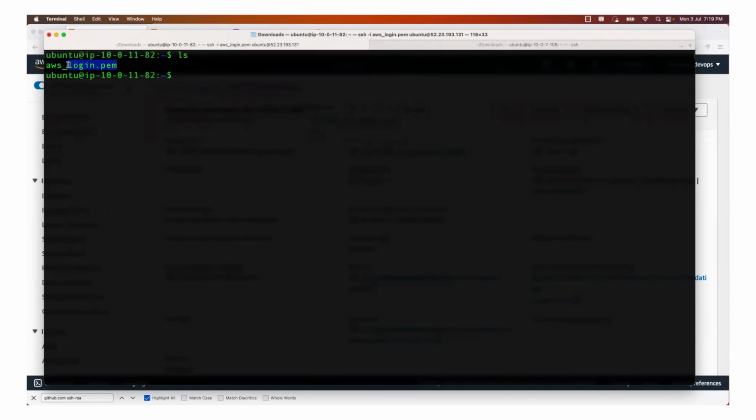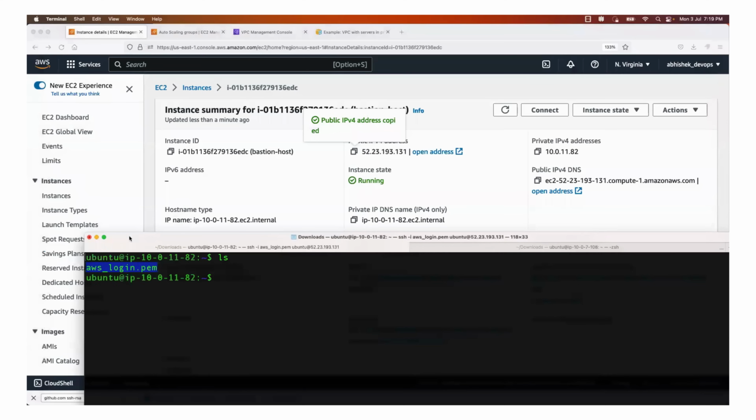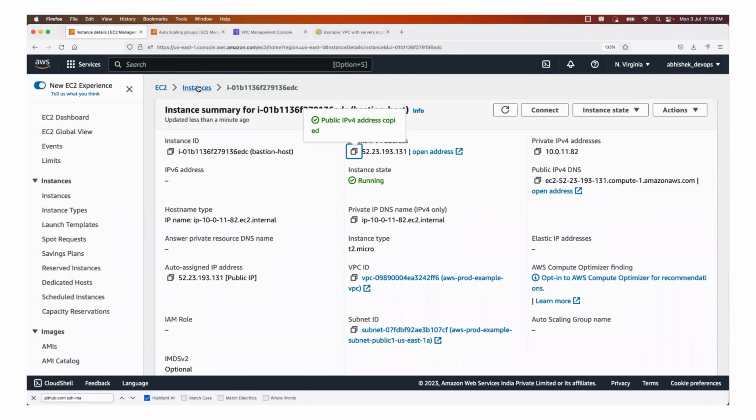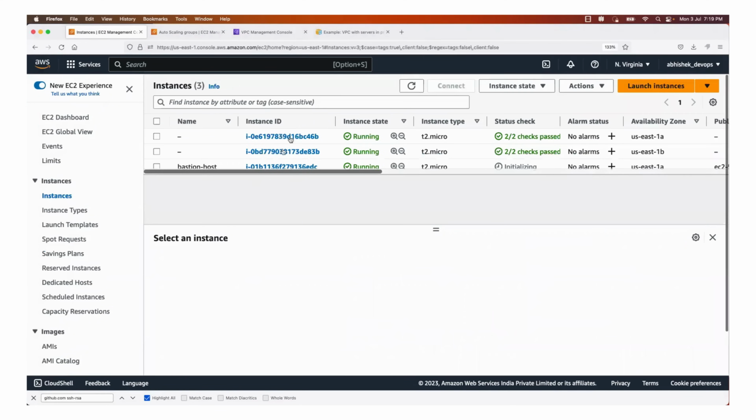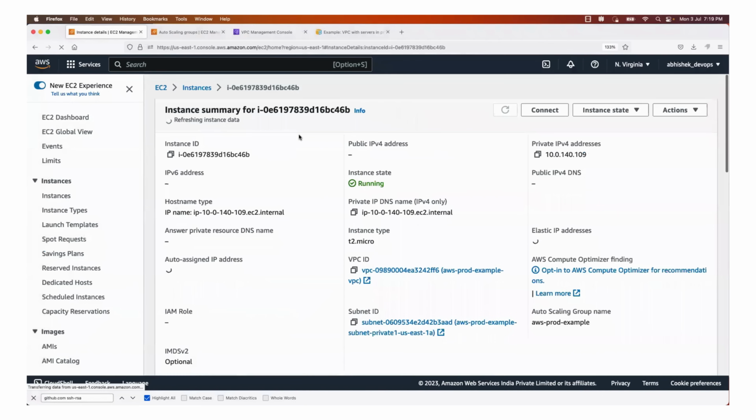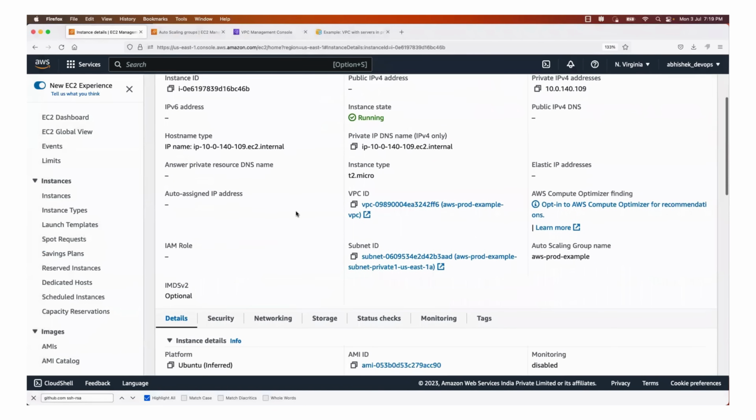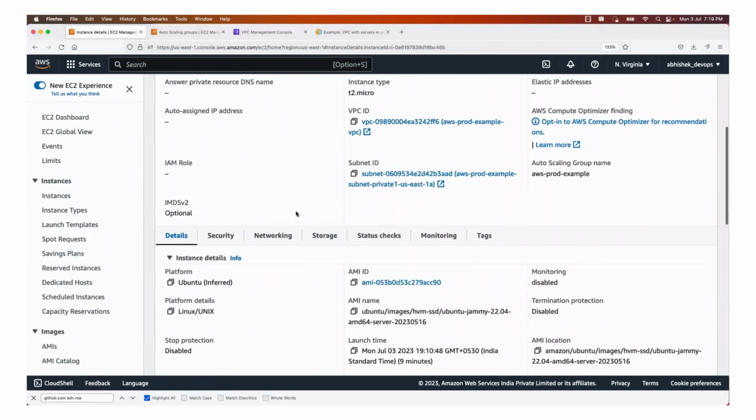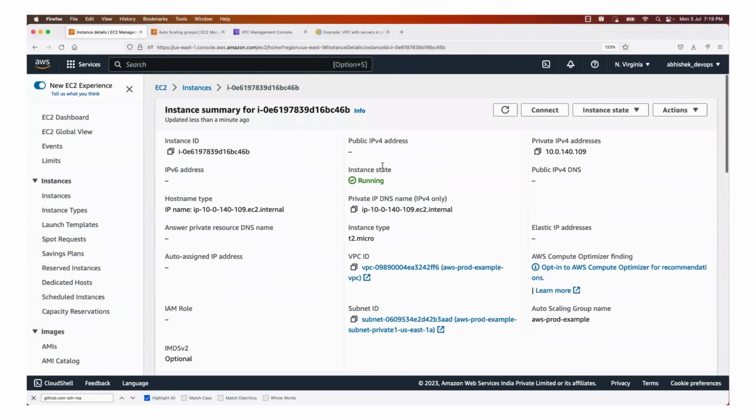If the PEM file is not available here, you will not be able to perform the next command, which is very, very important. That is, I will not be able to log into any of these instances. I need to log into one of these instances because I want to install the Python application in one of the instances first. Okay. So take the private IP address,